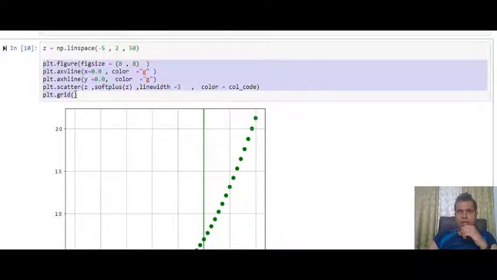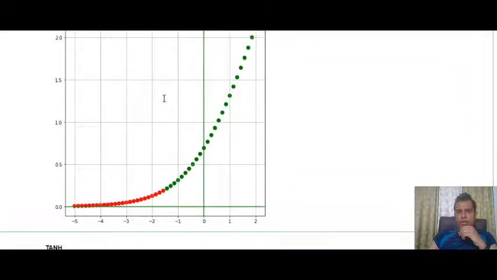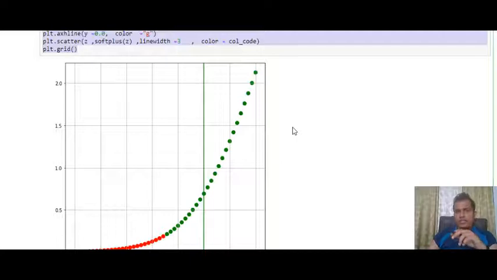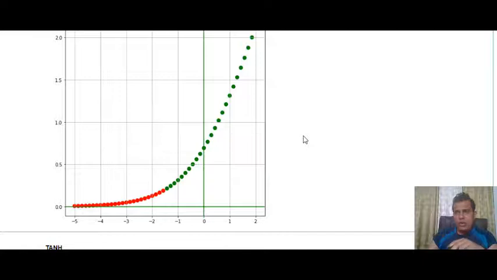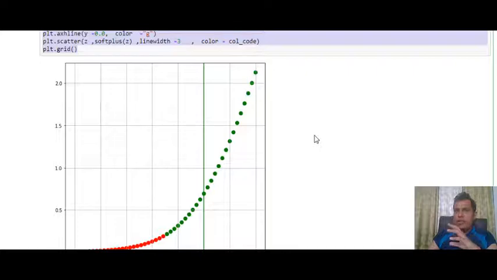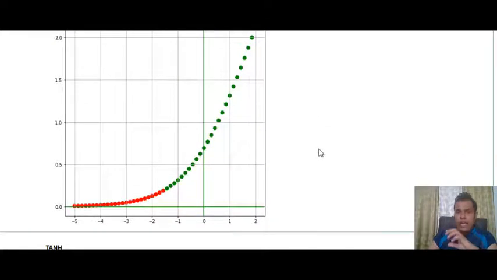The main difference between the softplus function and the ReLU function is that in ReLU, as soon as the value of x was negative, y was zero. So there was a sudden stopping of the output. Suddenly the output used to stop. But in softplus, output will not stop suddenly. From this graph also we can see that output is decreasing, but it is decreasing slowly. So even for the negative values of x, I still generate some kind of output.